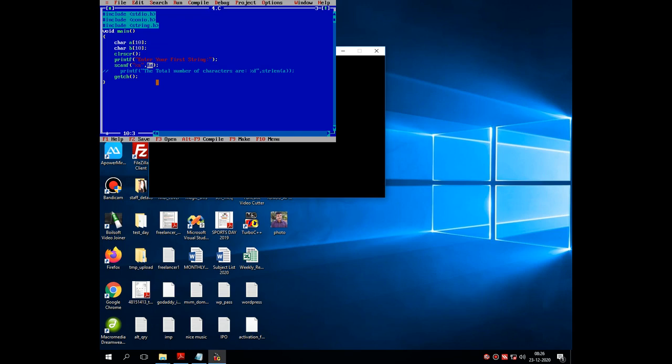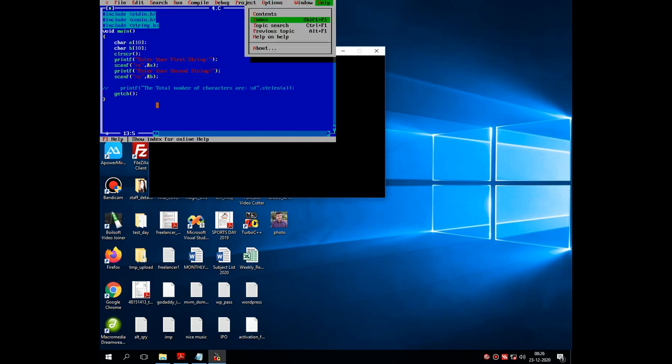Then the next message is printf "enter your second string" and scanf "%s", comma, b. So both the strings are stored in two different variables.